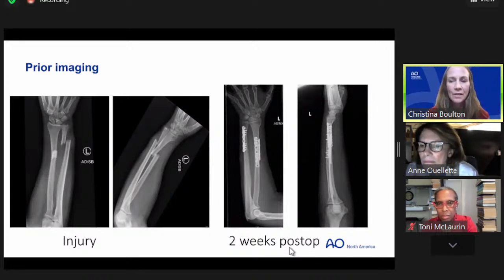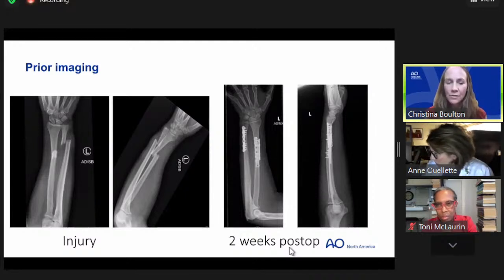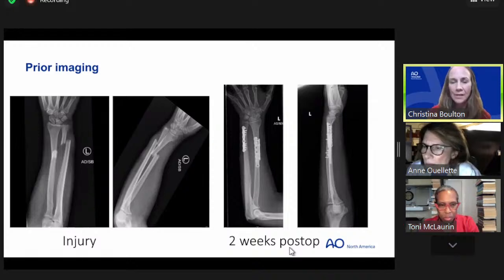And this was the original fixation construct. And I think one of the things that a couple people have said, and also a couple people from the audience have asked really smart questions about, is what is the downside of going a little bit bigger with plates? What is the real benefit of doing tiny little plates on the forearm and especially in a prisoner? And so do you guys want to weigh in on that? And I'll show you a little bit more what we did next.